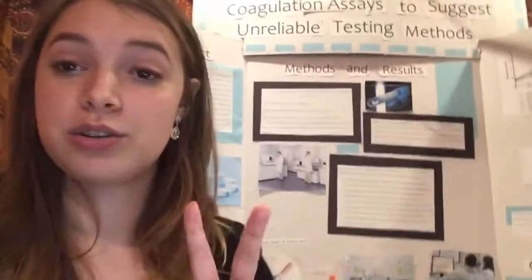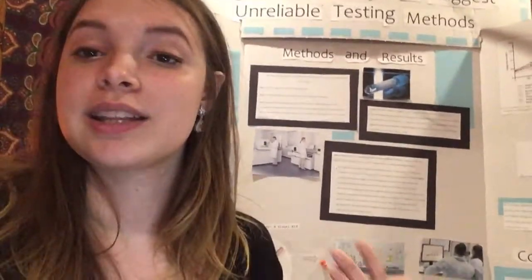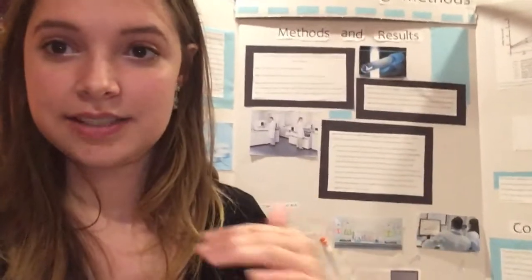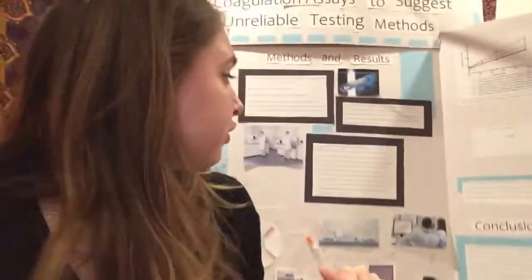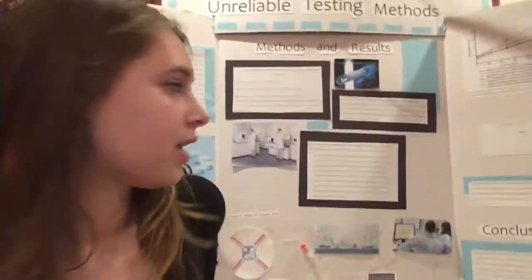Next, we're going to add our points into statistical software so we can look at them. There are two different ways we're going to look at these. For the PT and PTT analysis, we're going to be looking at a mean and standard deviation. It's not going to be a bell curve. And for the anti-Xa assay, which I'm proposing is going to be the most accurate, at least up to 500 nanograms a milliliter,